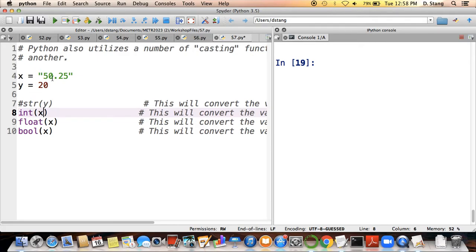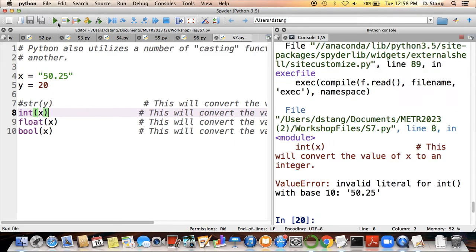But you may notice that here I have the variable x, so we're saying take the value of x, which is holding onto something textual, and convert it into an integer. But you'll notice that our variable x contains a decimal point. And in fact, if you were to try and do this right now, you would actually get this error message